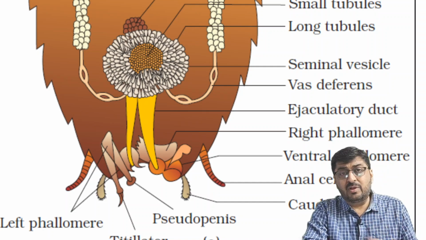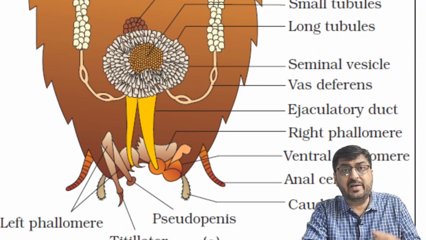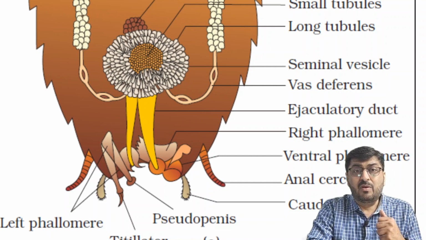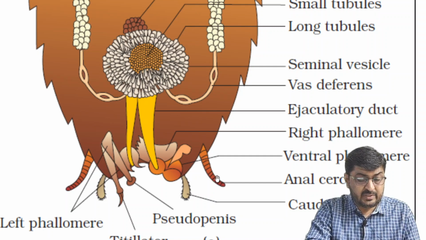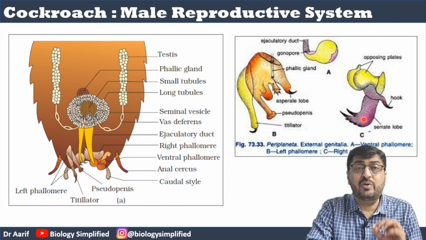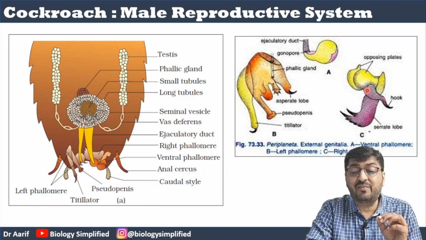Now if you see, this area is pretty एकदम गिचपिच area है. And when you have this kind of a diagram coming in the NEET paper which is printed in black and white, sometimes it is difficult to identify structures. Right, and that is basically the purpose for which I have brought this kind of a diagram. Now, these 3 structures that you see are the phallomeres. Right, what I've done is taken a diagram which is showing the 3 phallomeres separately. Right, A is ventral, so ये ventral है. B is left, ये वाला left है. और C देखो यहाँ पे लिखा है right phallomere, so ये वाला right phallomere है.